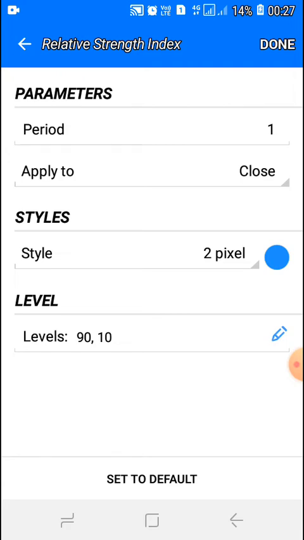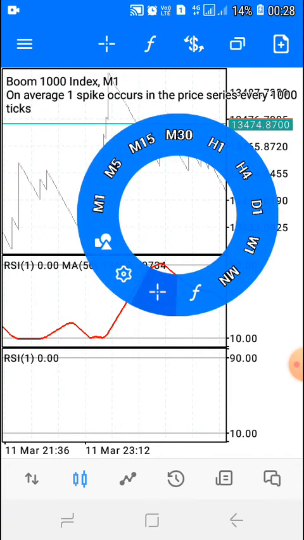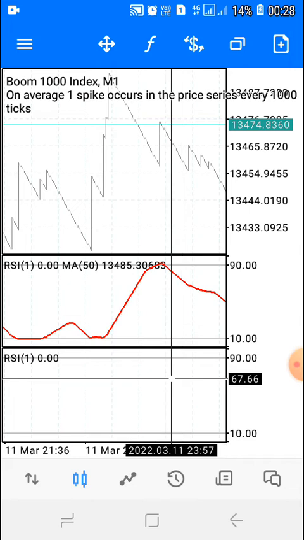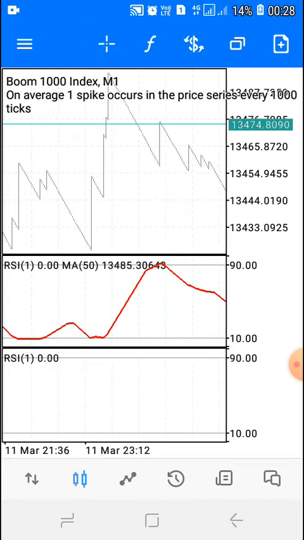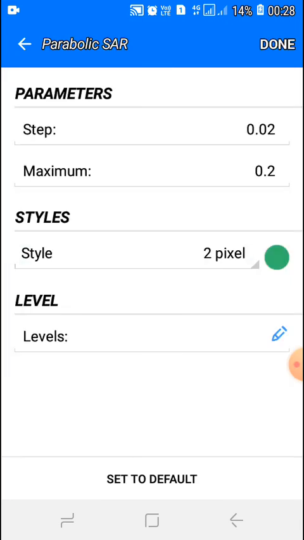Period 1, apply to close, styles 2 pixel per blue, levels 19 and 10. It must be exactly like the first one, okay? So we can see that we have the 90 level over here, then we have the 10 level, and at the bottom we also have the 90 and 10 level, right? So you're going to make sure that your parameters look like mine, and then you're going to add your parabolic SAR,